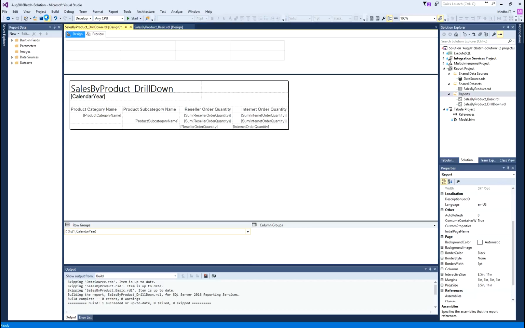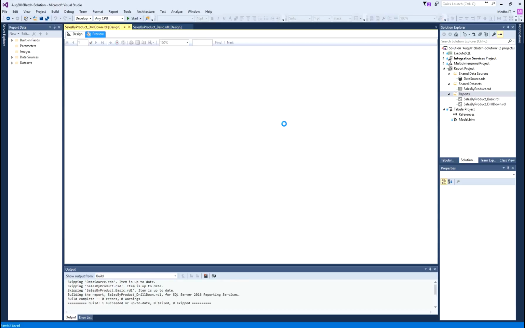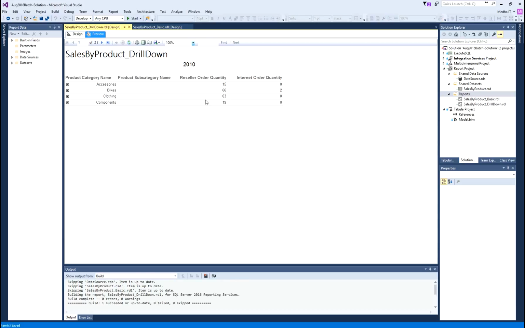Okay. So save, and now I will go to preview to see the report output. Now what is happening? I can see the numbers at aggregated level. Now when I am using this report as a business user, I can say that for the bikes there are so many order quantities and so many reseller order quantities, so many internet order quantity. So if I am interested to see at the detail level, lower level, I can always click on this and go to the detail level and see. For mountain bikes I have so many orders and internet orders, and road bikes I have so many reseller orders.